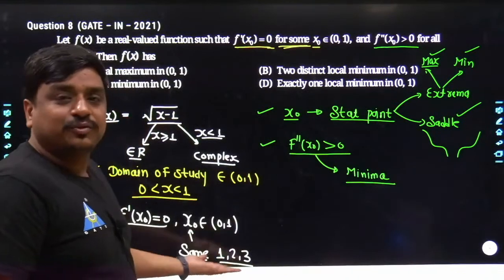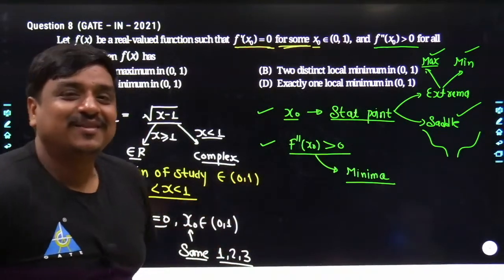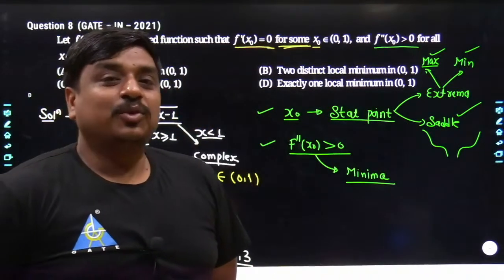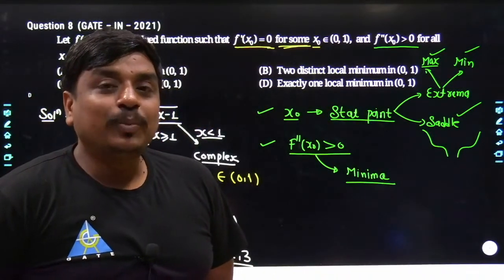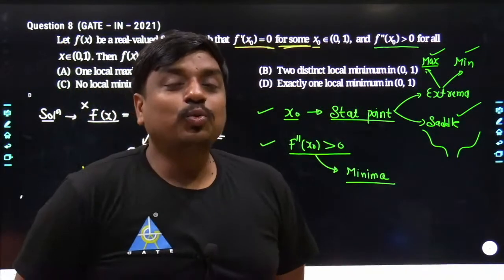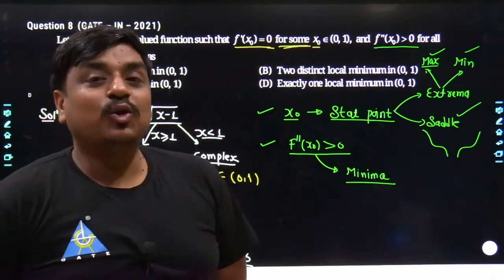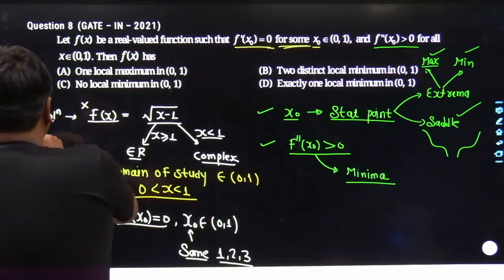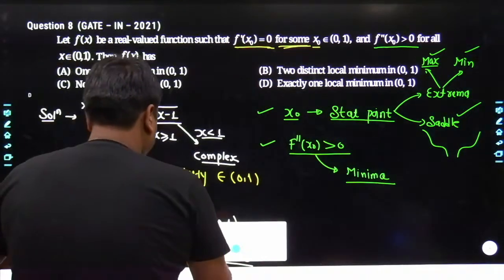Exactly, I do not know whether it's 1, 2, or 3. My dear friends, I do not know how far you could understand the concept of maxima and minima. Two maximas cannot occur adjacent to each other. Could you understand what I am saying? So let me draw a curve for better understanding.